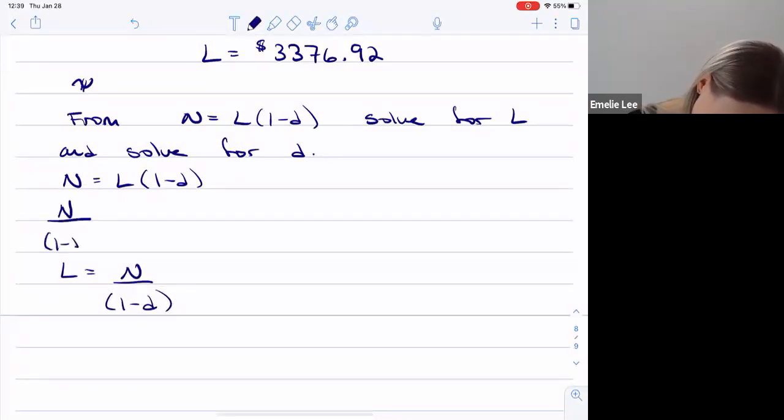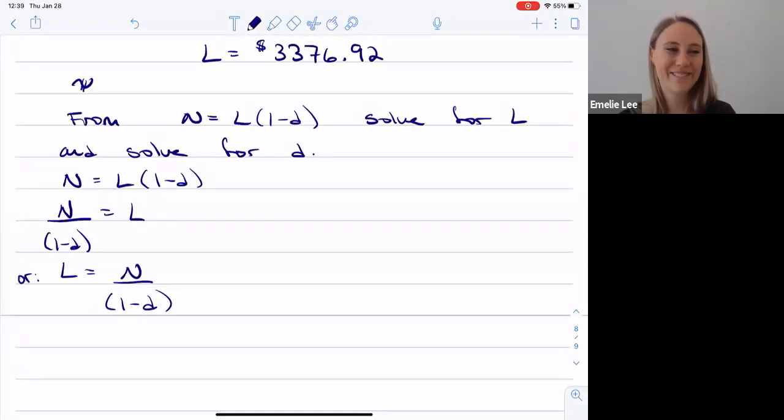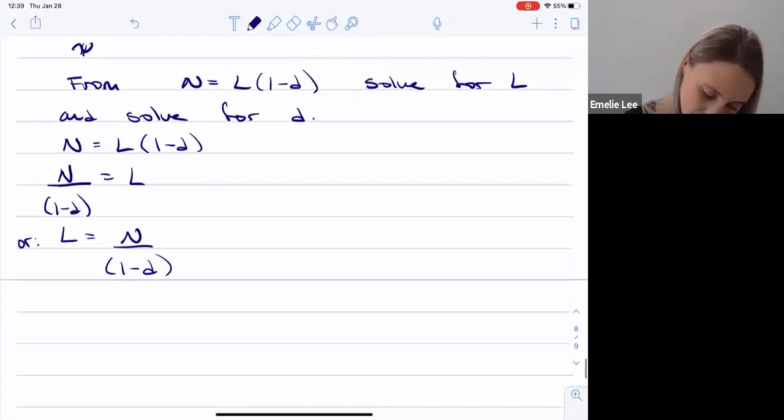N divided by 1 minus D equals L. Or like that. That's what I had. So then I've solved for L. So now if I want to solve for D,